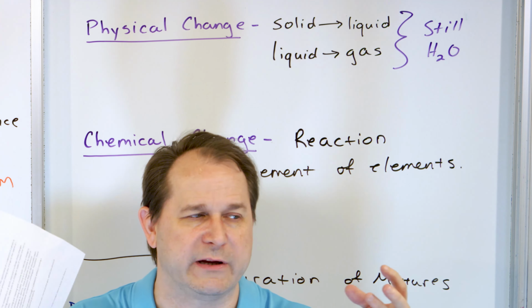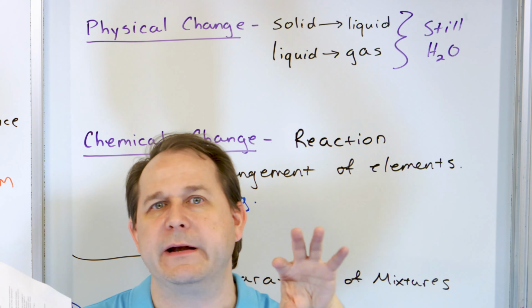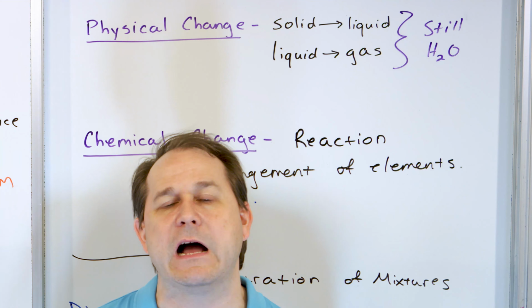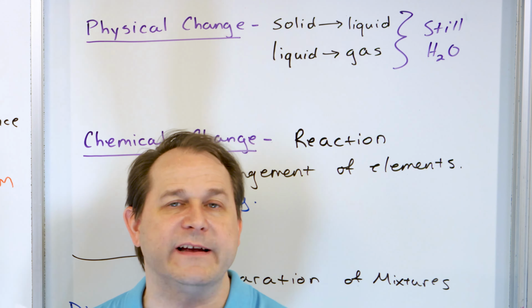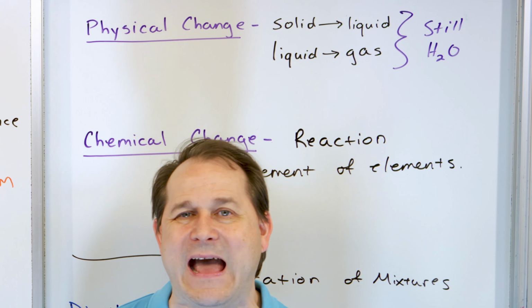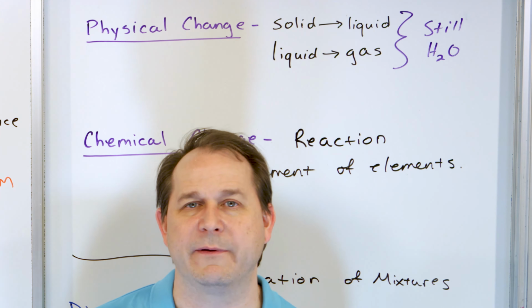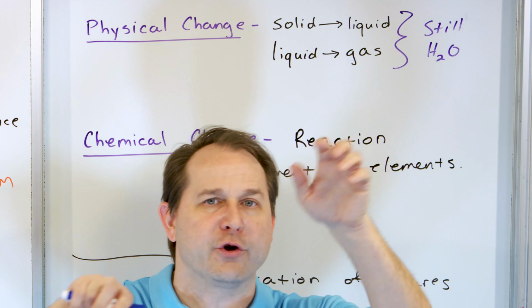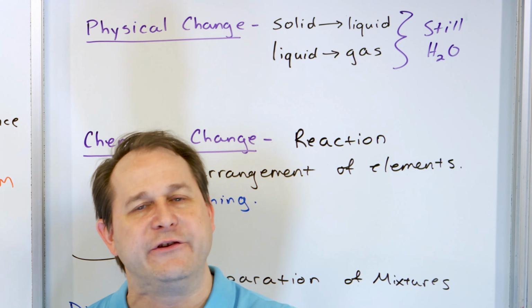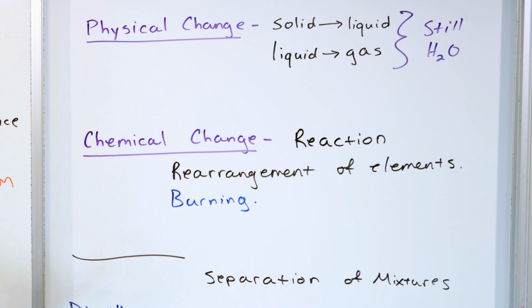But what's happening molecularly is the atoms are coming from the wood, the carbon and other things, and they're combining with the oxygen and forming carbon dioxide, CO2, and water, H2O. It's a rearrangement of the atoms. The oxygen's coming from the air, hydrogen and carbon are coming from the wood, and they're rearranging into CO2 and H2O. And the products look totally different than the two substances you started with. So that's a chemical change, right?